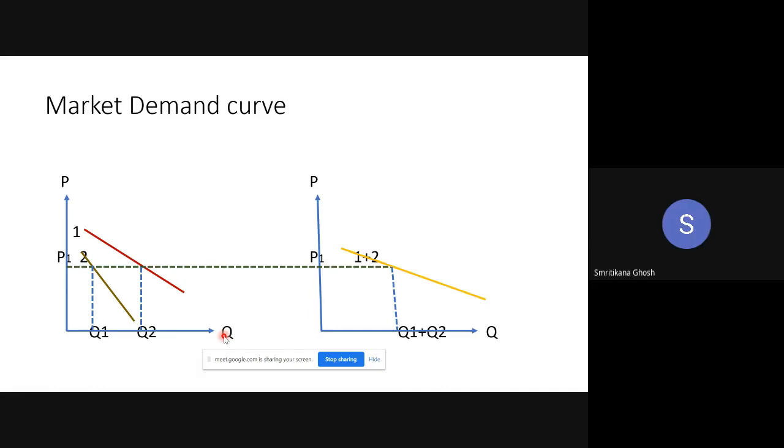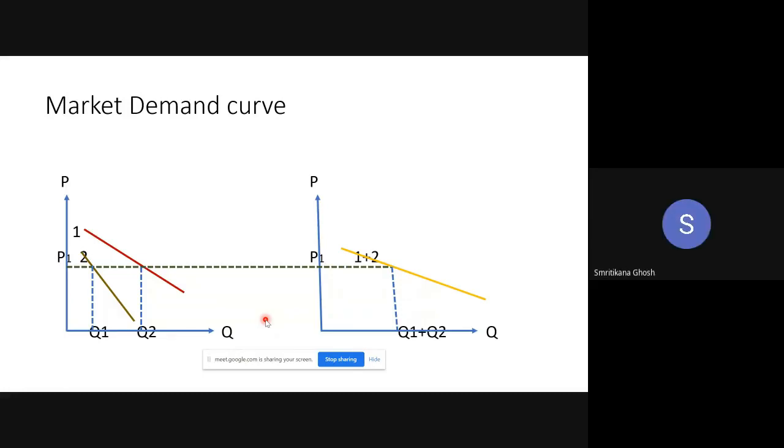Ma'am, this is a little bit controversial for us, but since there are two approaches, based on one approach this is true, but when we explain both the approaches, we still use the same thing, that is P on the vertical and Q on the horizontal. Yes, ma'am. Ma'am, in case of the inverse demand curve, how will price depend on quantity? Ma'am, as we know that quantity always depends on price.